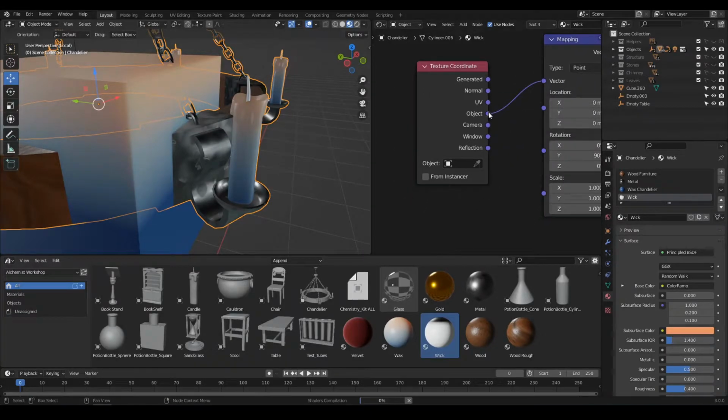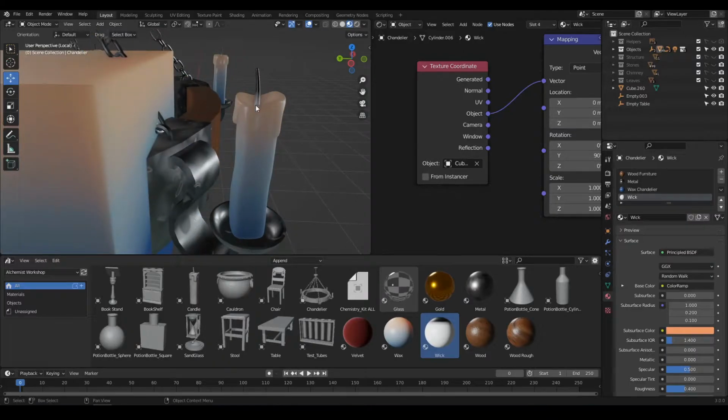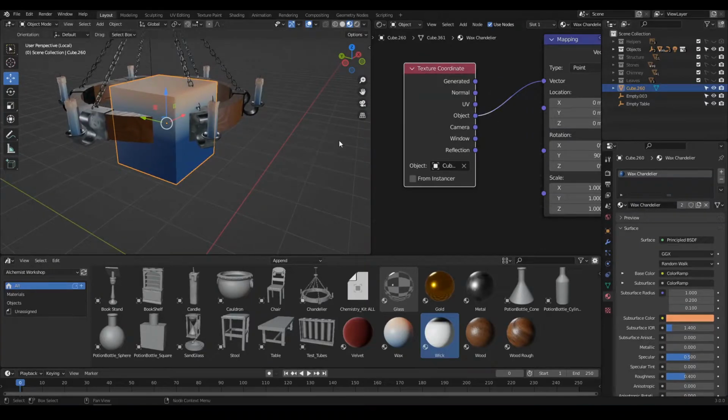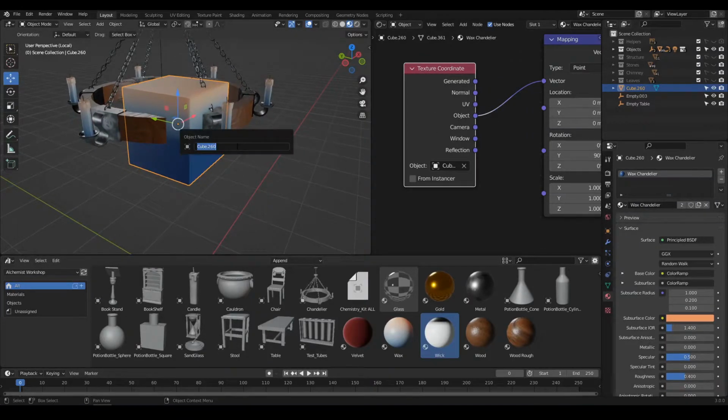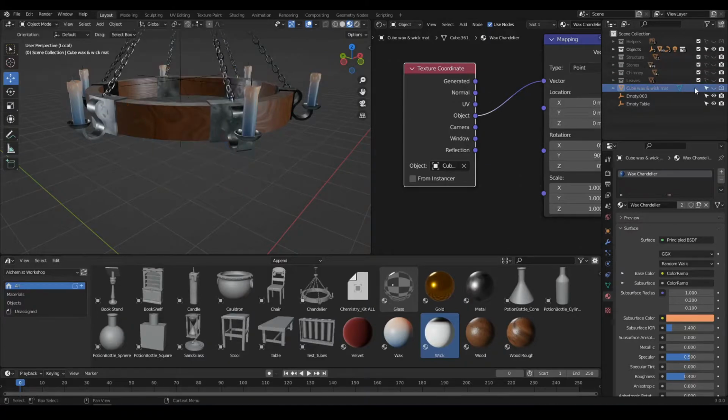Let's connect this here. Let's select our cube and see now this is just the way we intended it to be. Okay, this cube here, I'm gonna set it and call it cube wax and wick, for example, so I can remember it. I will make sure it doesn't appear in the render. Okay, I can even hide it and then place it in the helper